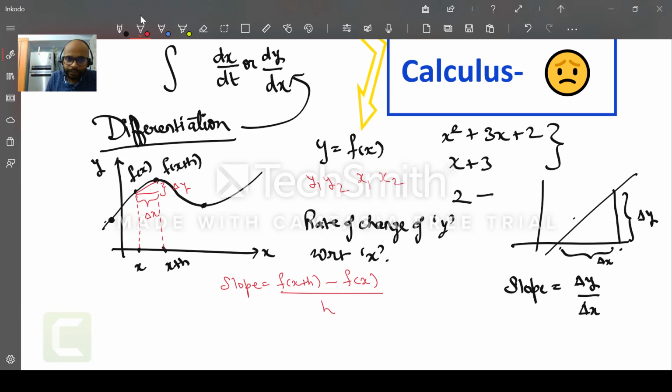But if someone asked you, tell me the slope at this point, what would you do? Right now these are two discrete points, but to tell the slope at this one single point, you need to draw a tangent at this point. Just forgive me because this is not a proper tangent. Yeah, this is better. The tangent at this point, and how to make these 2 points come down to one point.